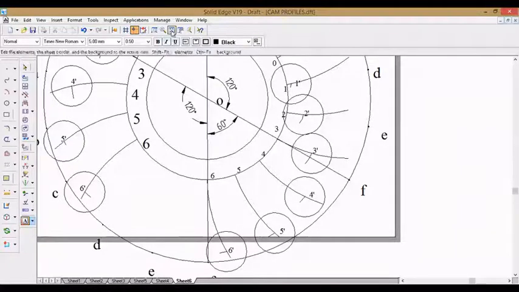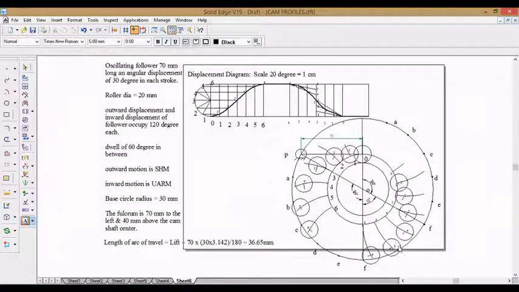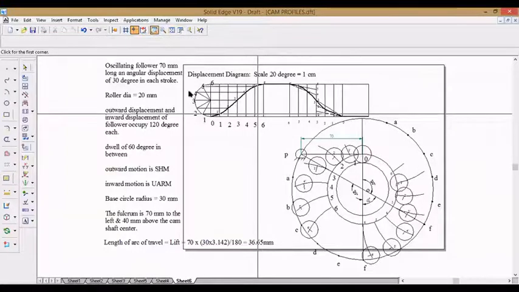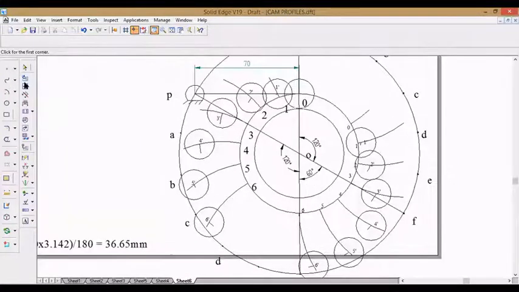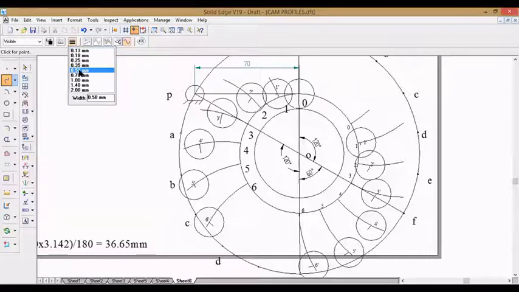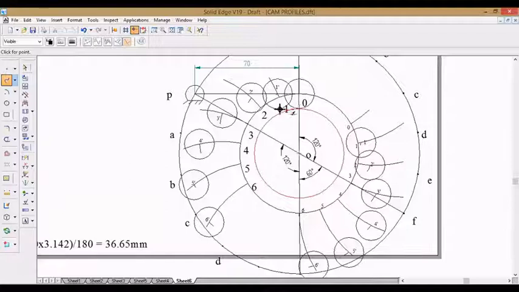So to join the curve now, it's very easy. Go for a smooth curve in such a way that it should be joined like a tangent. Take the curve, join from this intersection, join like a tangent to the circle. It need not be exactly at the intersection. It should be joined like a tangent to the circle.